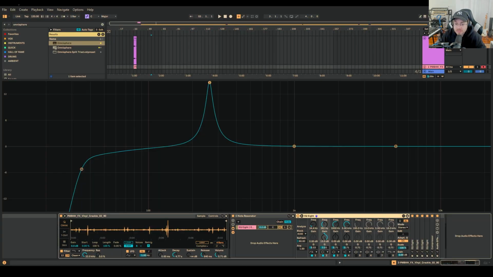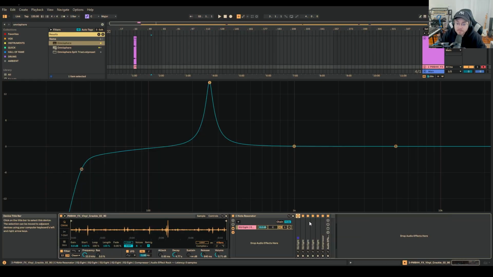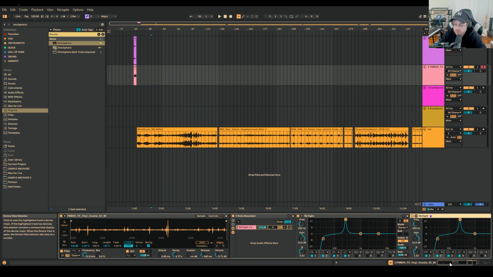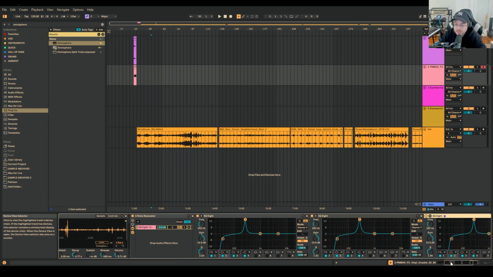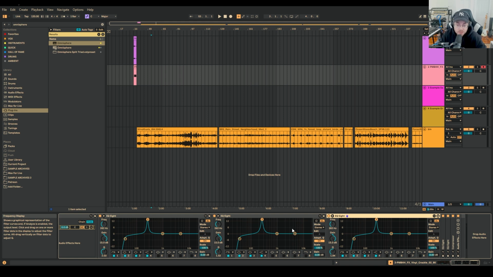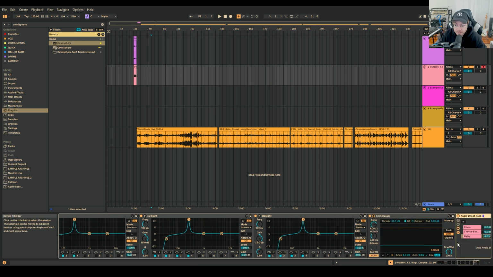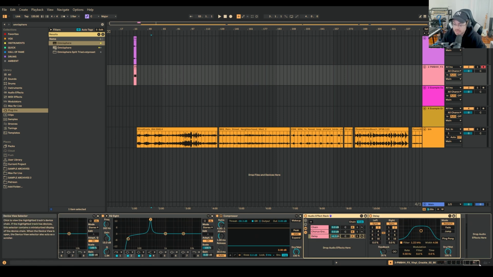So by doing this, I'm basically creating this resonant peak. And you can see here, if I pull this down and I spill this out towards the right, you can see several of these EQ8s. Because if you do this just once, you won't really hear it until you start stacking them. At a certain point, you stack them enough. I also compress it and add some audio effects to create a stereo effect with some chorus and some delay to add some decay. It's going to give you a nice tone,